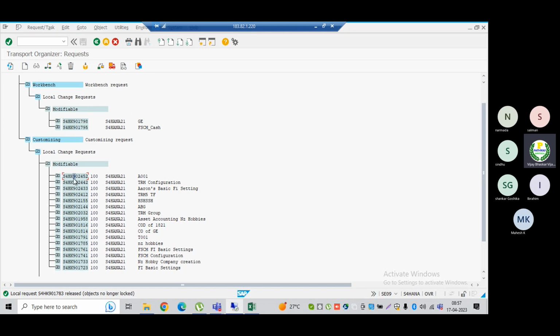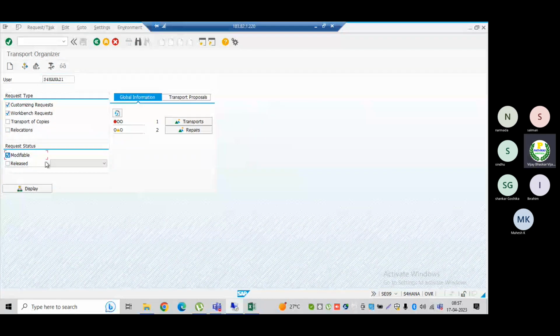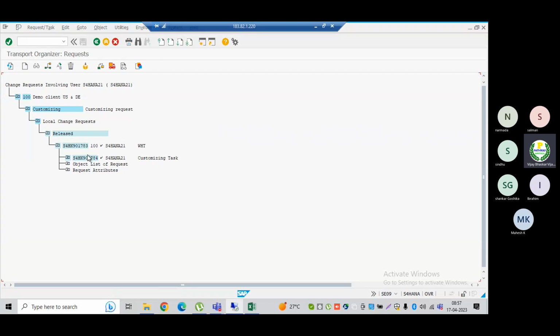Now let's see where we can identify the released transport requests. Just go back, click here. The system is a bit slow. Now select the released one, then display. You can see here, this has been released.